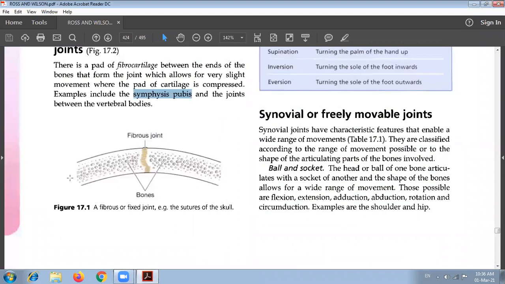But before that, let us see this diagram. Here you can see the suture, which looks like the teeth of a saw, that we are using as the fibrous joint. These are the bones of the skull. These bones are joined together with these fibrous joints and are not movable. So these are called the fixed joints.